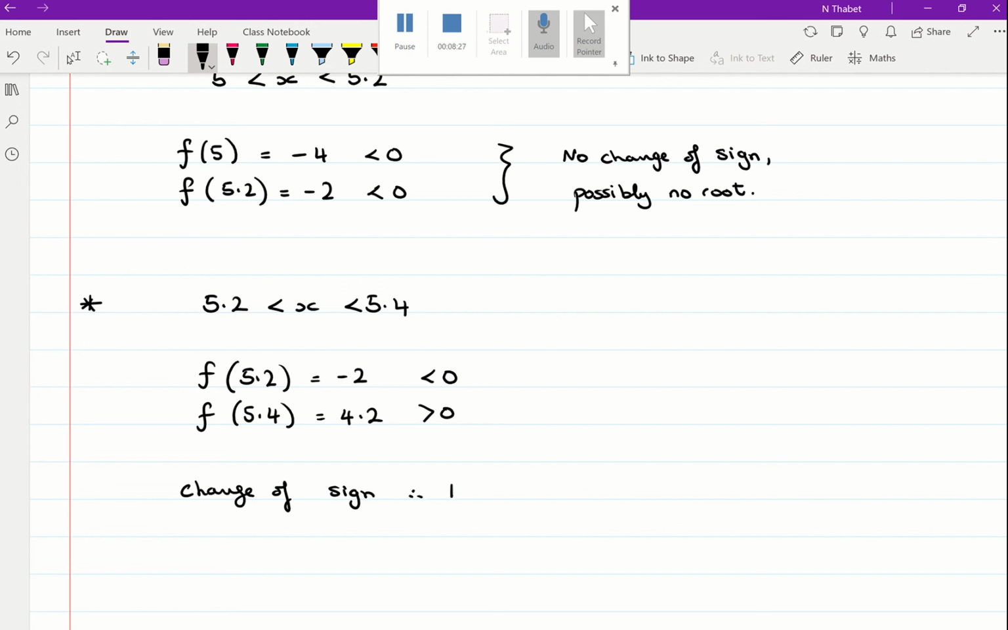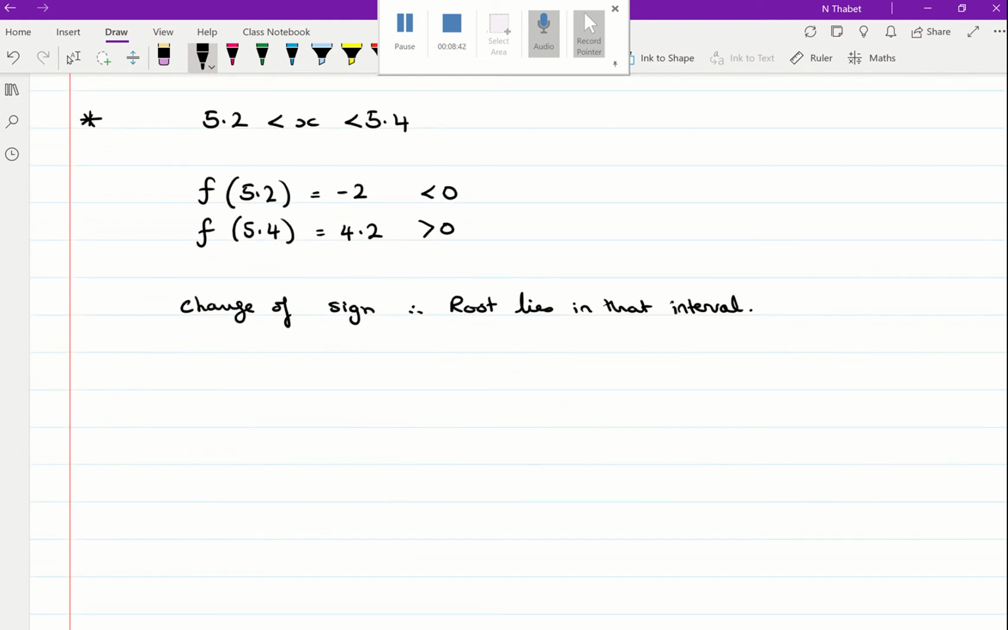Therefore, the root lies in that interval. I haven't finished yet though, because that interval is a 0.2 width and I want a 0.1. So I need to get this interval of 0.2, halve it again to get my 0.1, and I start with 5.2 because that was my starting point there,